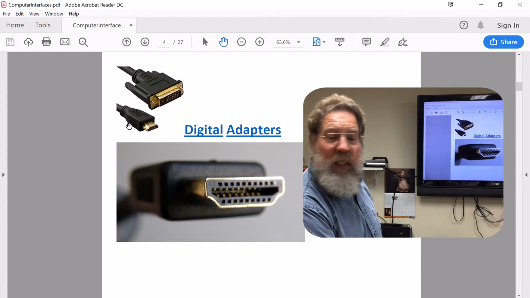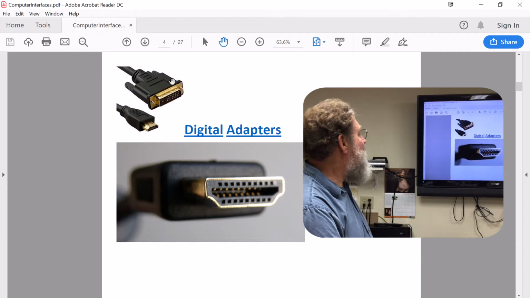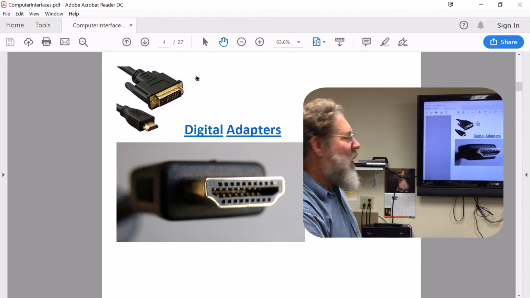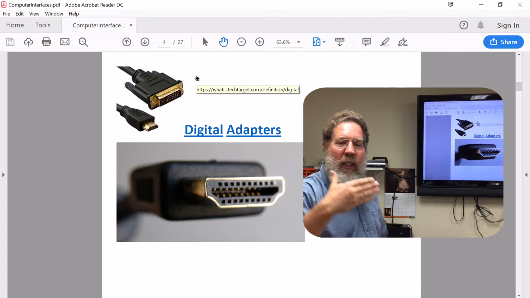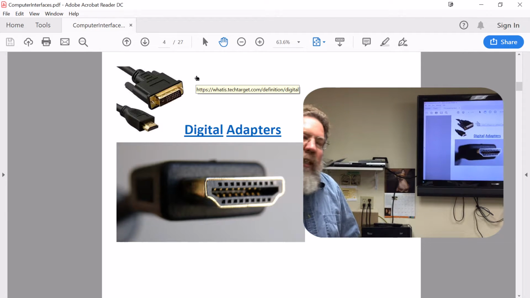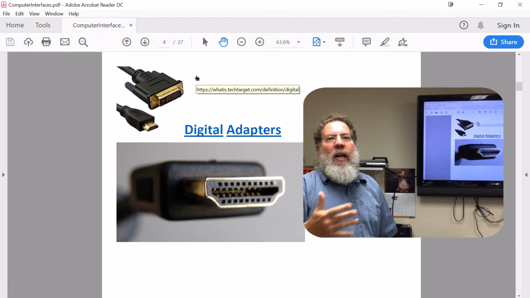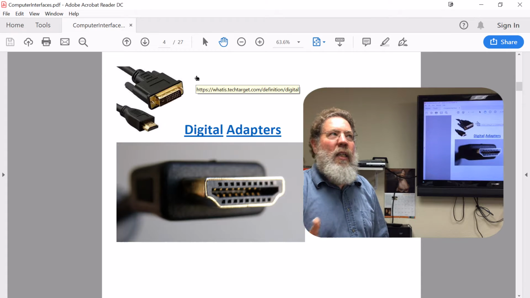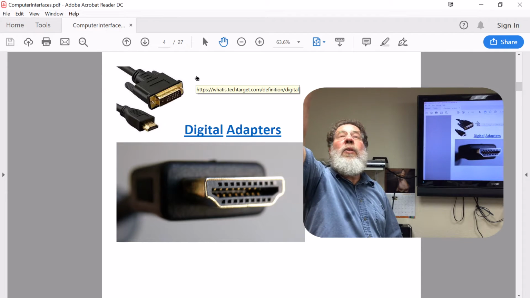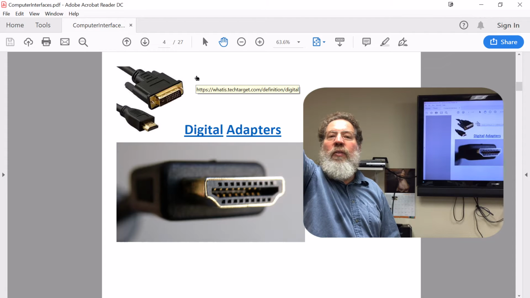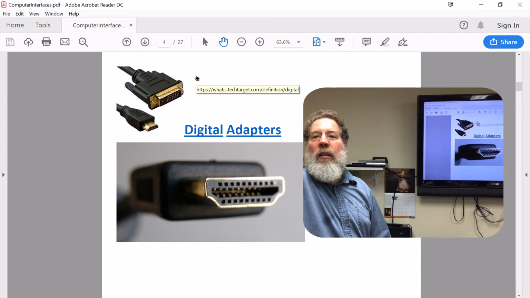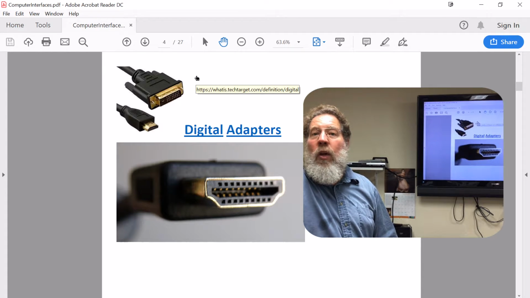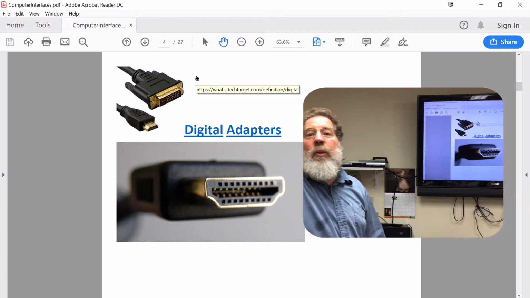DVI. DVI is the name of this digital adapter. Remember, once again, a digital adapter sends things in little packets. So the theory behind digital is, it's kind of like these bulbs right here. Who can see these things flashing on and off 60 times a second? We don't really care whether it's flashing off and on 60 times a second. They're all 60 cycle bulbs, which means that they go off and on every 60 seconds because our brain can't